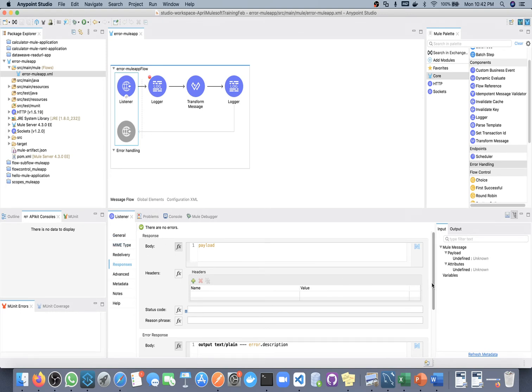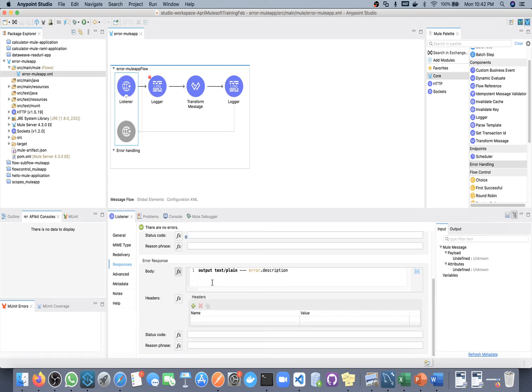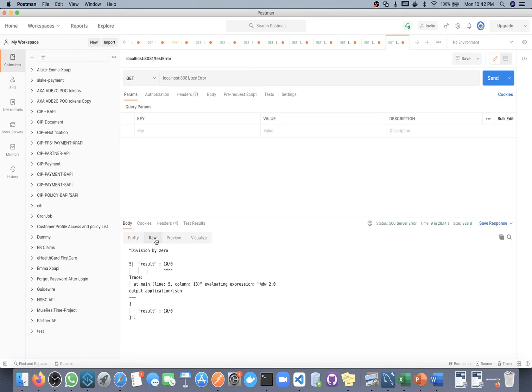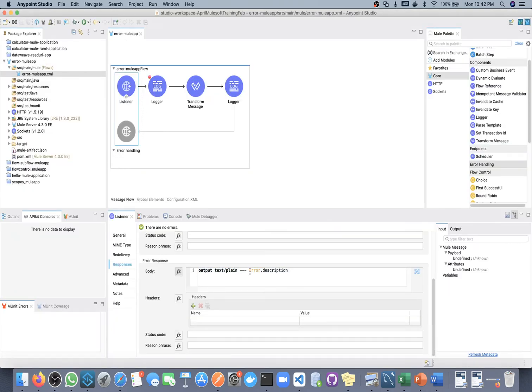Next, we have the same thing with the error response also. This time our flow created an error, a DataWeave expression error. In this case you can see what we are sending: the output is of type text plain, the data type is text plain.